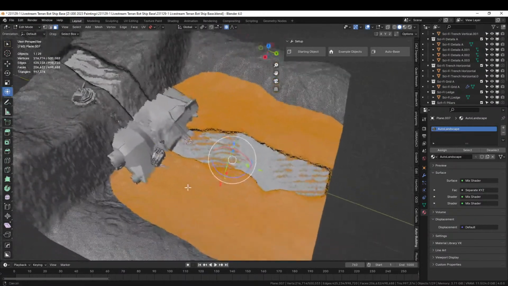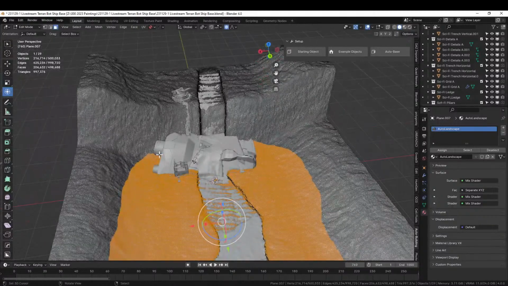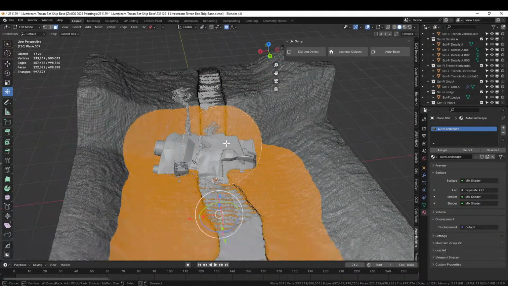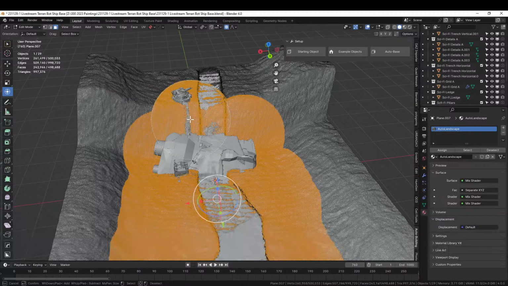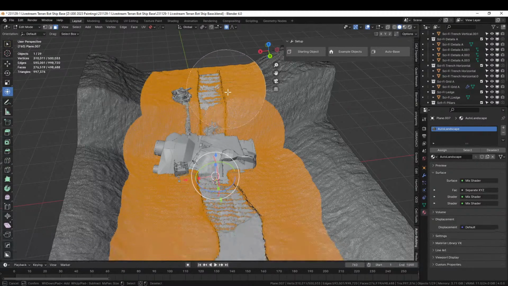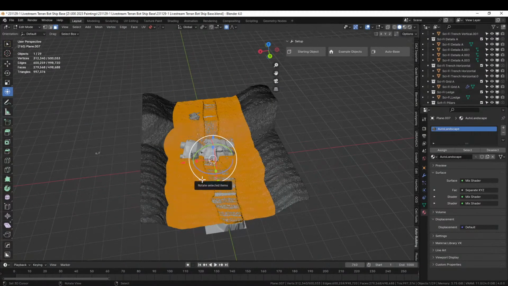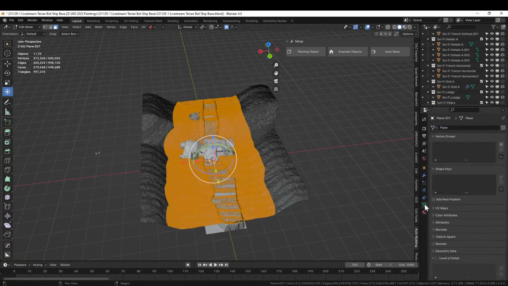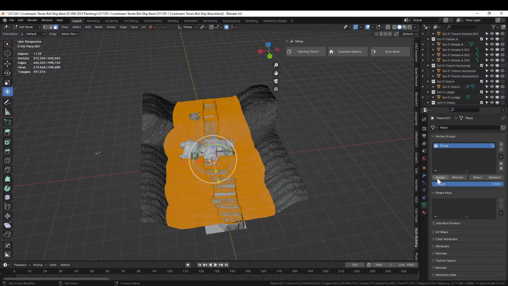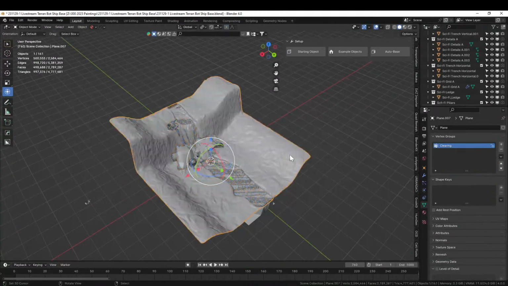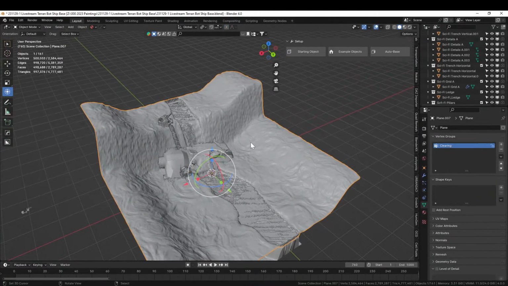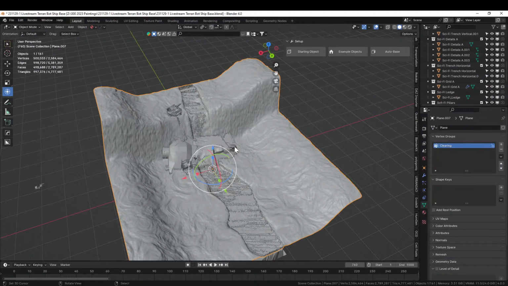To like there, and then there, and there. Okay. Call that clearing. Okay. Now,